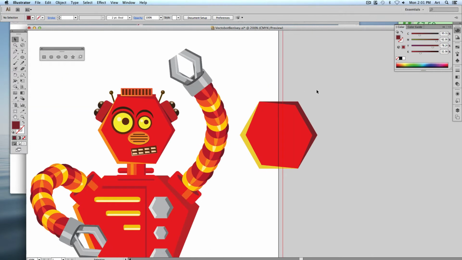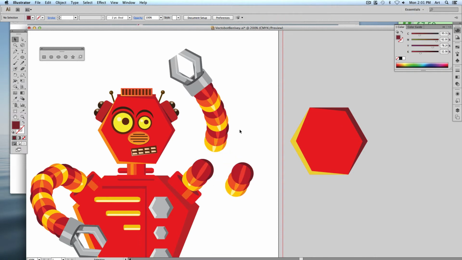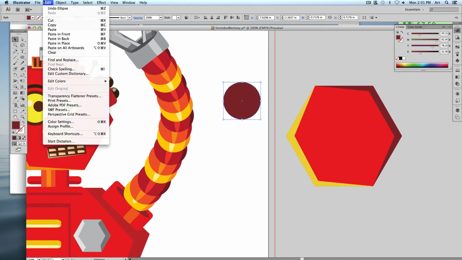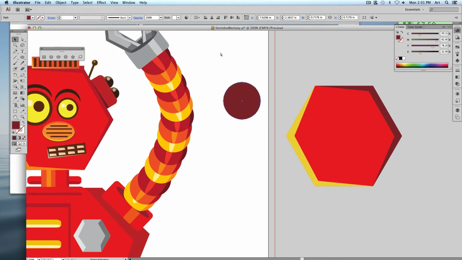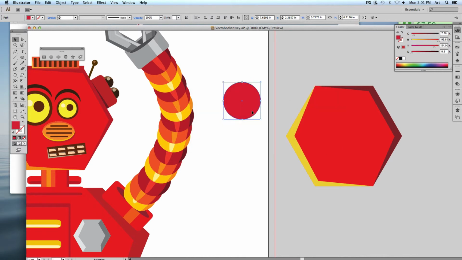For these arms, what do the arms look like they're made of? Circles. All they are different circles that I'm working with. I made one of them, so let's make, say, a dark one. We can do copy and paste. From now on, I'm going to do copy as Command C, paste in front is Command F. So Command C, Command F, and then to give it this little highlight, we'll give it a shade there,